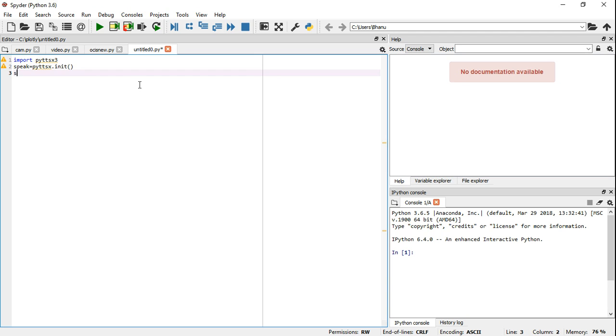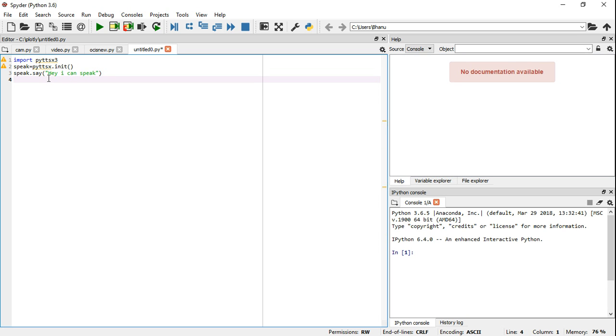Now using this object we can convert any text to speech. So the function that can help us to do so is this speak.say. We have created an object speak for this class or library, whatever you want to call it, and using this object we are calling the say method inside this library, and we can pass a string to it that we need to convert into speech. So I'll pass hey, I can speak.